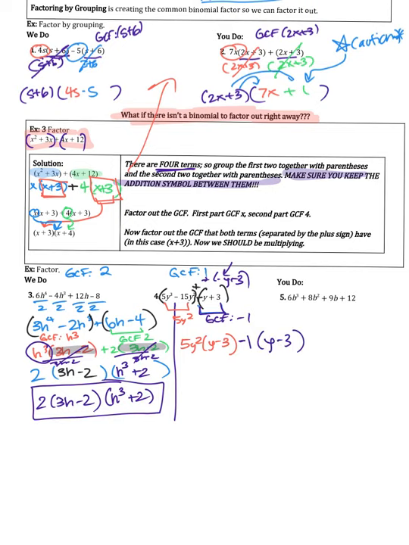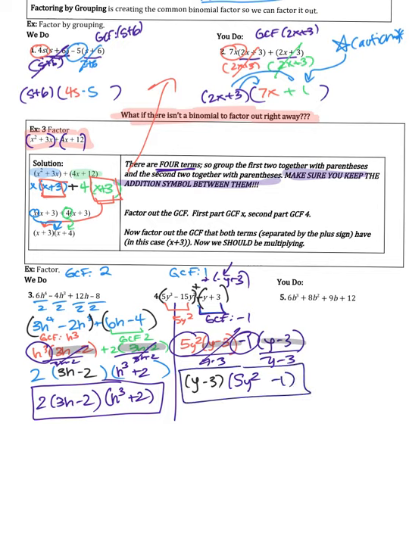Right now, we should be throwing a self-5ing celebration because these match. So I'm going to factor that out. That is my greatest common factor. And what's left after I factor that out, or if I divide this by y minus 3 and this by y minus 3, here that's going to leave me with 5y squared, and here that's going to leave me with minus 1. Why don't you go ahead and pause the video and work through that last problem on your own,